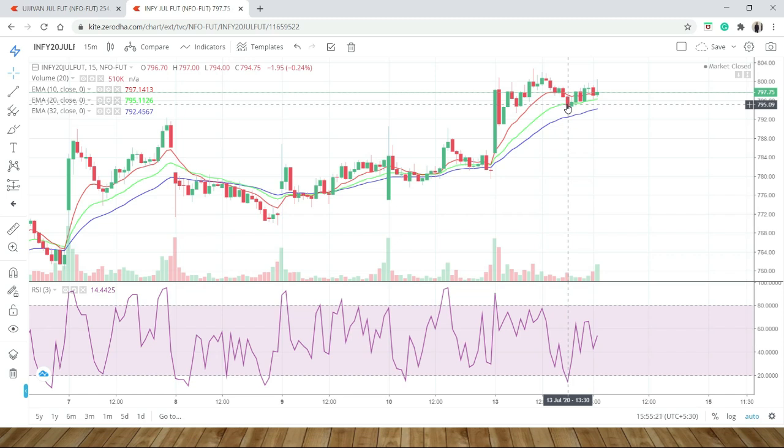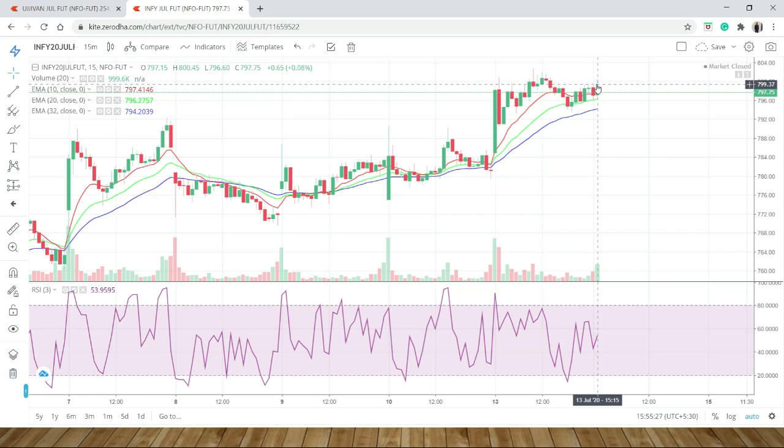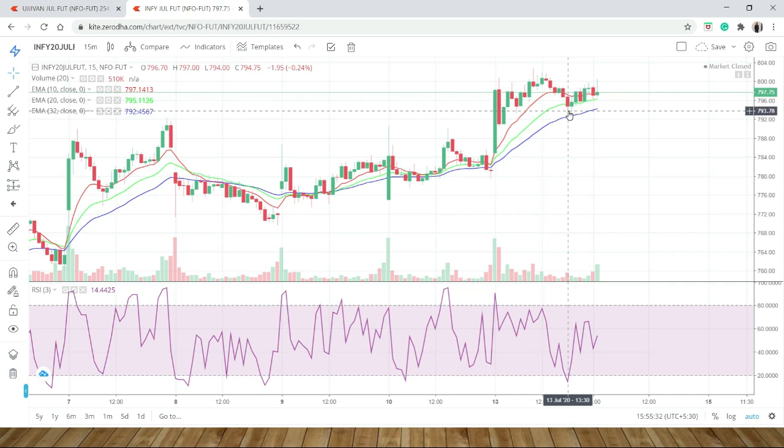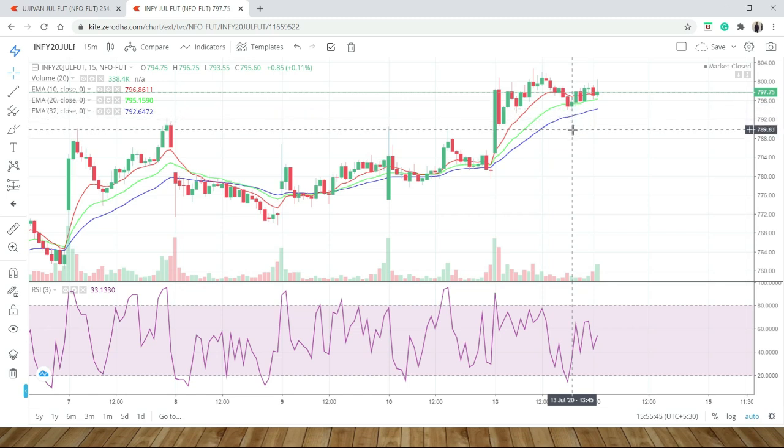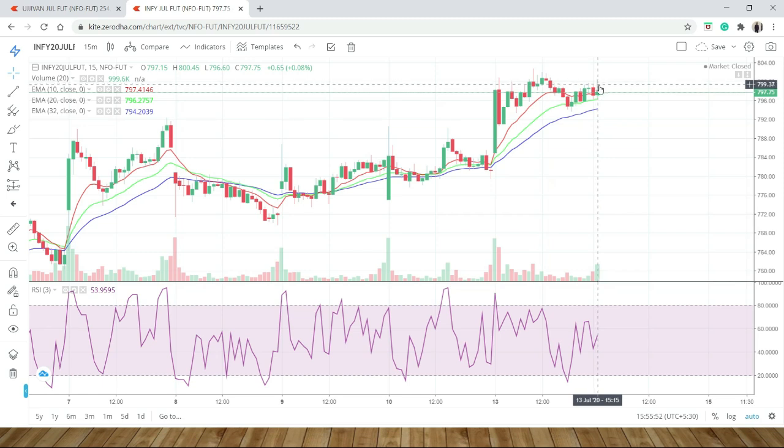When I took the buy trade from this level, it went in an upward direction by around 3 rupees, 4 rupees, around 800. So we got 3-4 rupees in Infy. In this kind of stock, our stop loss is always 1% from the buying or selling price. So for this trade, when I took the buy trade, my stop loss is around 786, and when I get 1%, then I will trail my stop loss, or otherwise I will book my profit.